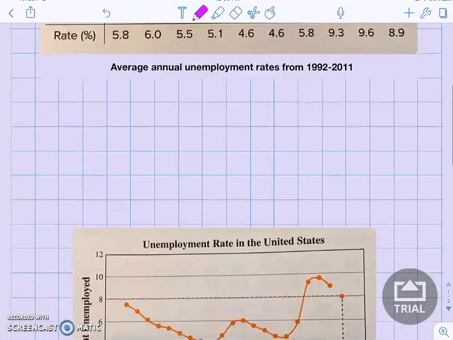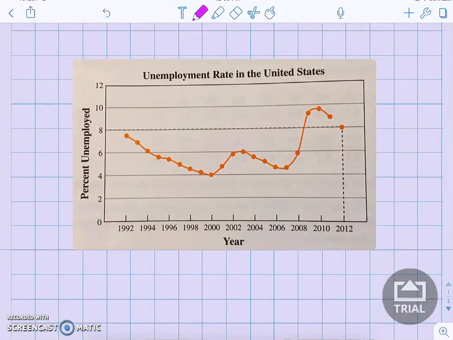But if I move on and I put this on a graph and now have this visual representation, the data becomes more meaningful to me. I can see that there was a pretty steady decline from 1992 until 2000, and then after that it started going up. So it looked like we were doing good. The unemployment rate was going down, and then something happened in 2000 where it started going up. It looks like to 2003,